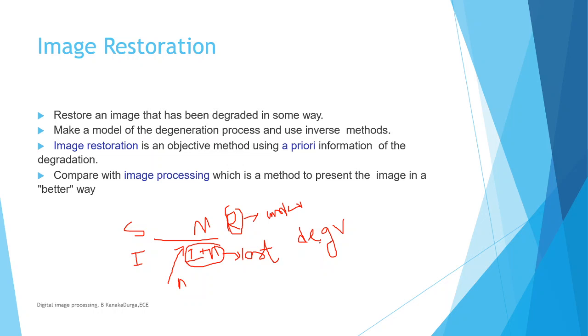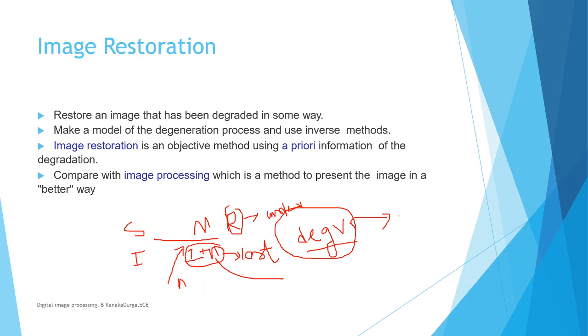So how has the image been degraded? When I send the image through the medium, some external parameters are added up, and with respect to that, the image characteristics are lost. This loss of the characteristics of the image we call a degradation model or a degradation process. If we observe this degraded image, we cannot find the information or the image characteristics. What we have to do is apply the inverse process.